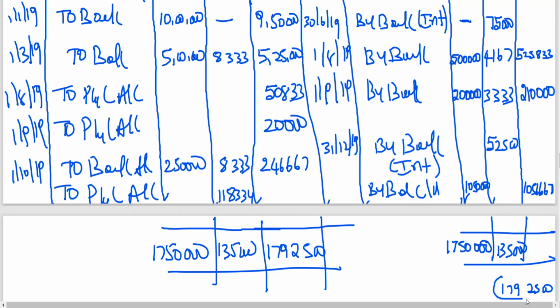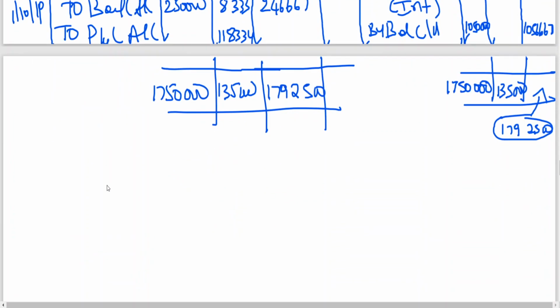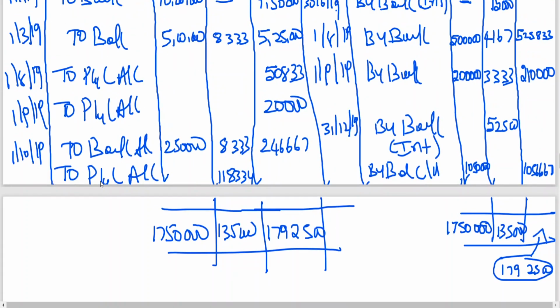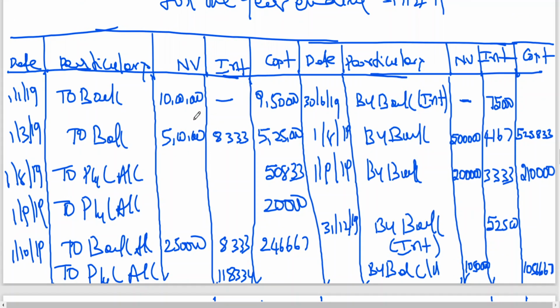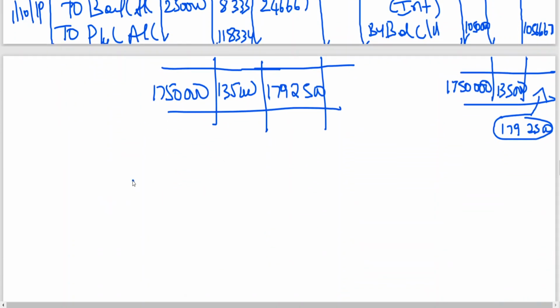I think the total here you will be taking now. Even if you do FIFO also, you should get the same thing. If you want, you can cross check. How to find out FIFO? First in, first out. Even if you work out first in, first out without doing this balancing, you'll be getting the same thing, because out of this 10 lakhs, first you have sold the stock, then balance you have sold the stock. So what you can do is just cross verification.